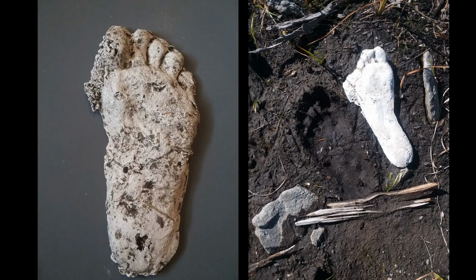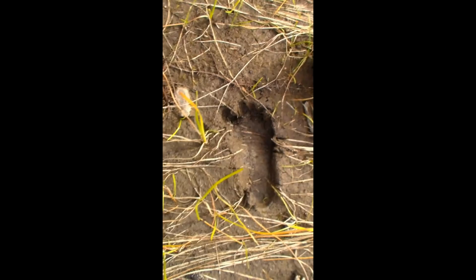And even the toes, I mean, the toes are supposed to be, as Cliff said, more spread apart. Well, there's still quite a bit of gap in between those toes. And even if you look back at the cast of my own foot, my toes are all kind of pushed together because I wear shoes. But if I had shown him the other pictures of some of these tracks, you could see the toe